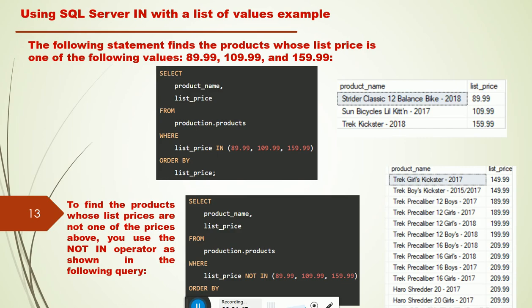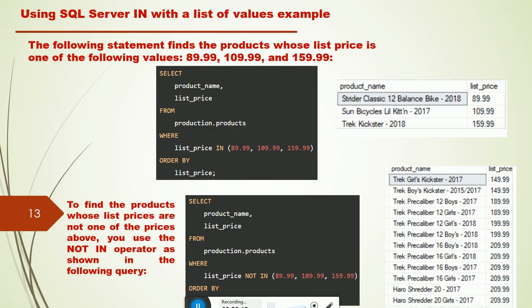See here, using the SQL Server IN with a list of values example. The following statement finds the products whose list price is one of the following values: 89.99, 109.99, 159.99.